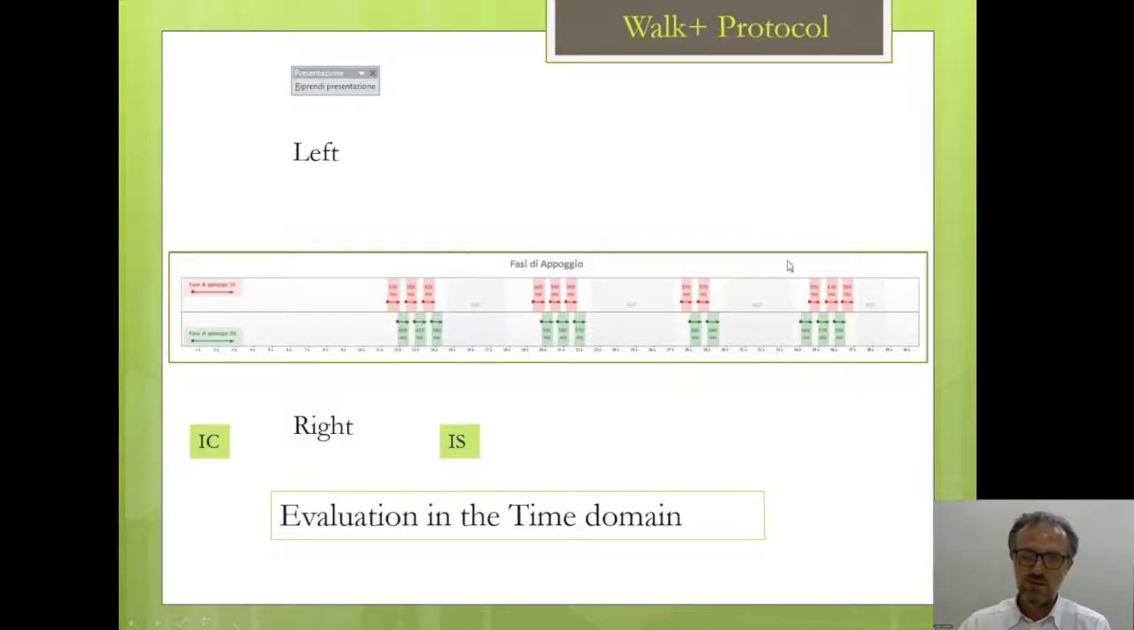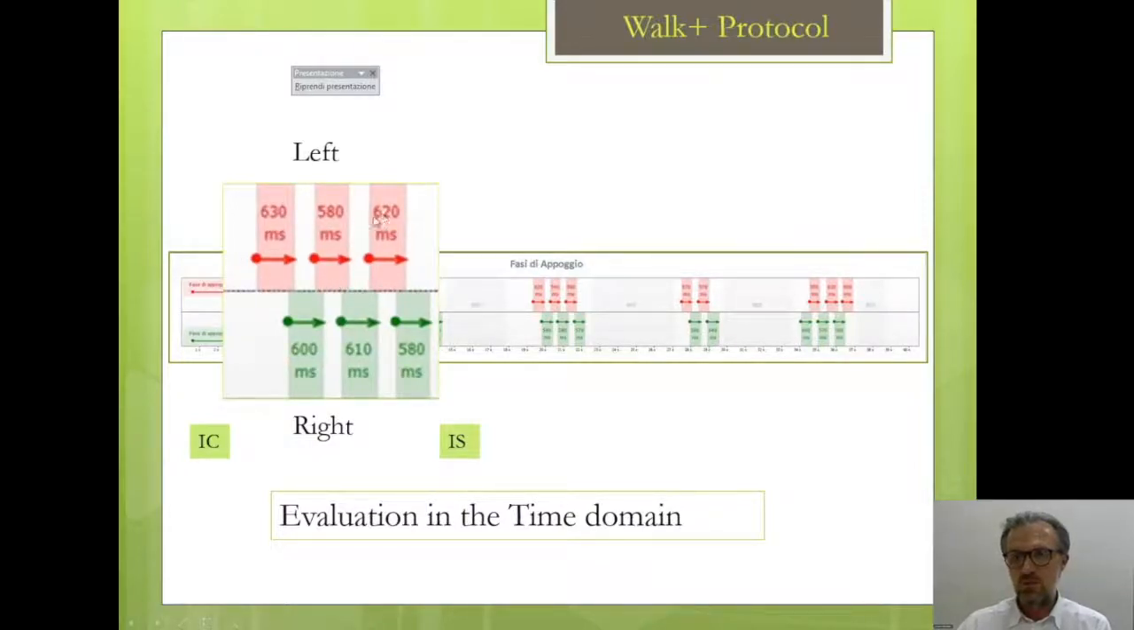As you can see here, this is the typical image of the analysis derived from the use of the Walk Plus protocol. You have here the sub-analysis of a few steps from one side, the left one and the right one. As you can see, we can have data about the gait and the step sequence for each side, and we can have a judgment about step variability for each side, or a judgment about the side-to-side symmetry for both sides, because the system is able to explore and to provide an evaluation in the domain of